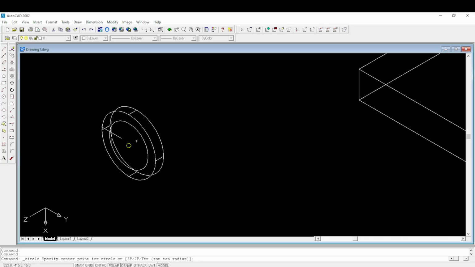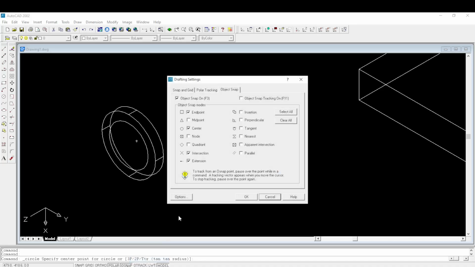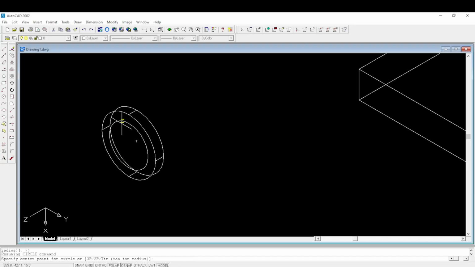Then after picking that circle, you can see that all our object tracks are off, so we need to put them on. So go to OSNAP, then right click on OSNAP, go to settings, ensure all these are selected and they should be on. So select all, then okay, so that we can be able to locate those points. So pick again a circle,